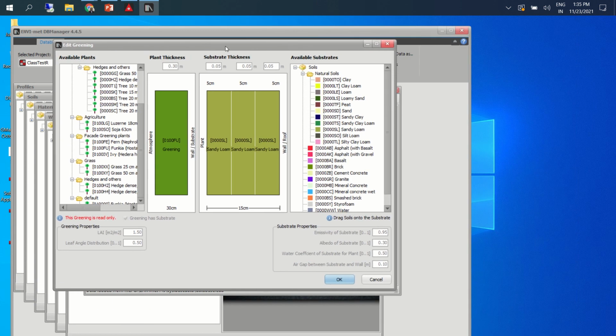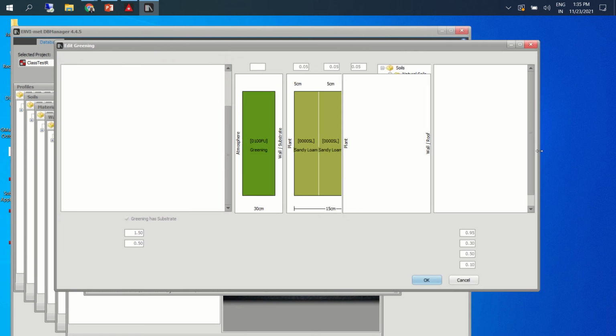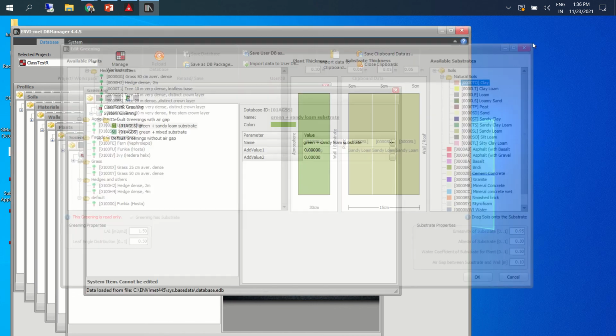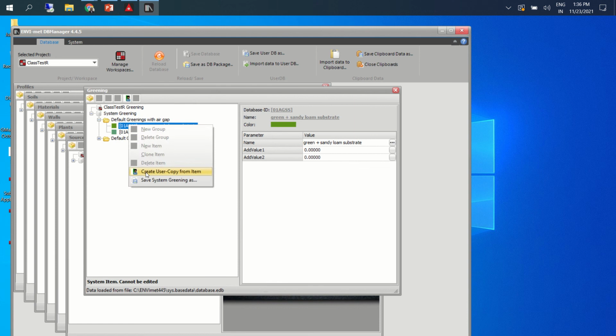Let's say this is plant thickness. You have to define what kind of plant you are going to have. Sorry, we are doing it directly here, that's why.